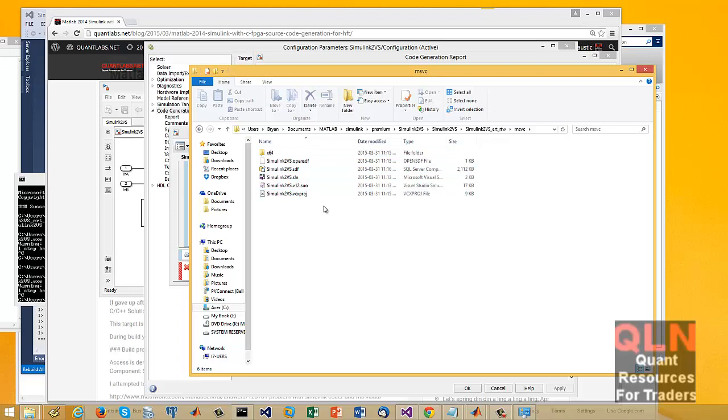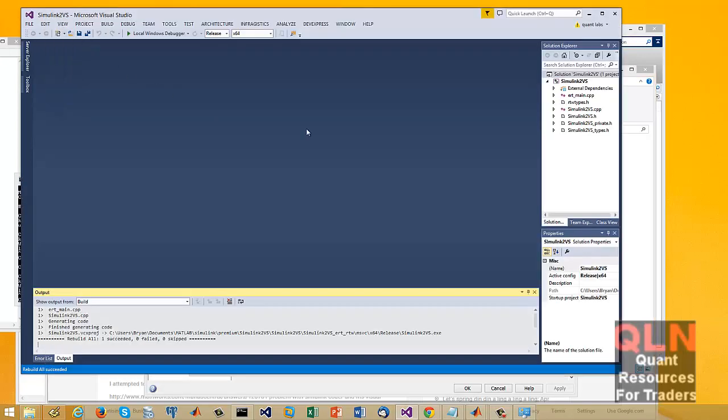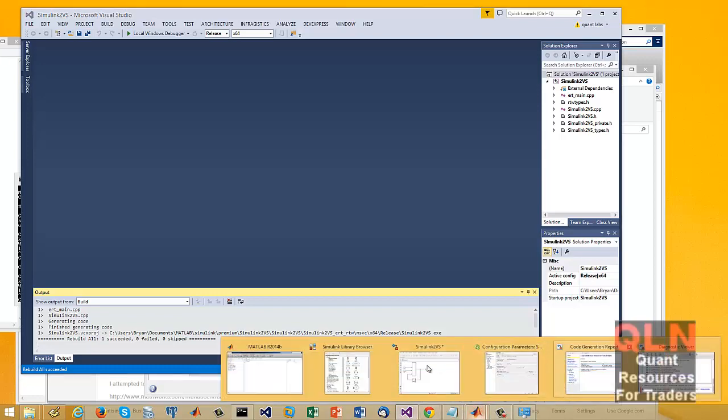MVC. We can now compile. We've got a new Visual Studio project that seems to work. So this will automatically build, and then it will automatically load up your Visual Studio. Now, I don't know what the target is. Let me just hang on here. I'm not sure. It says